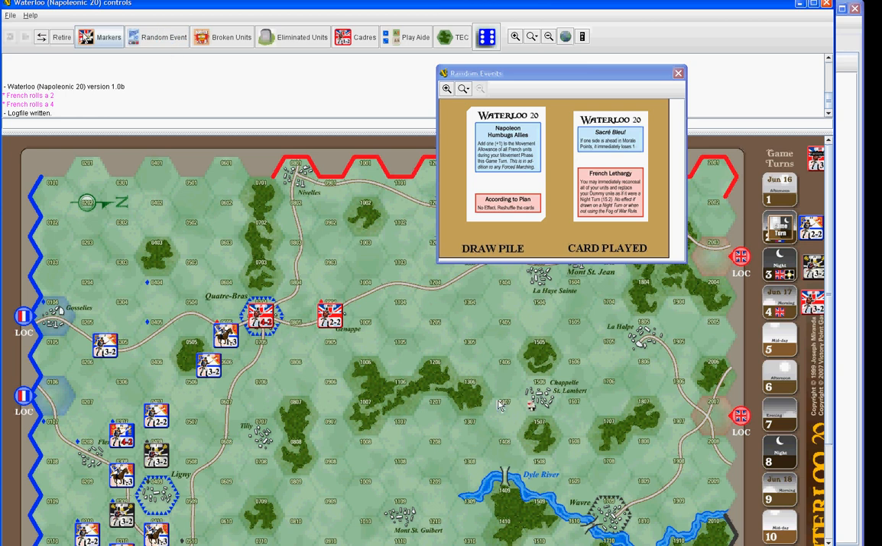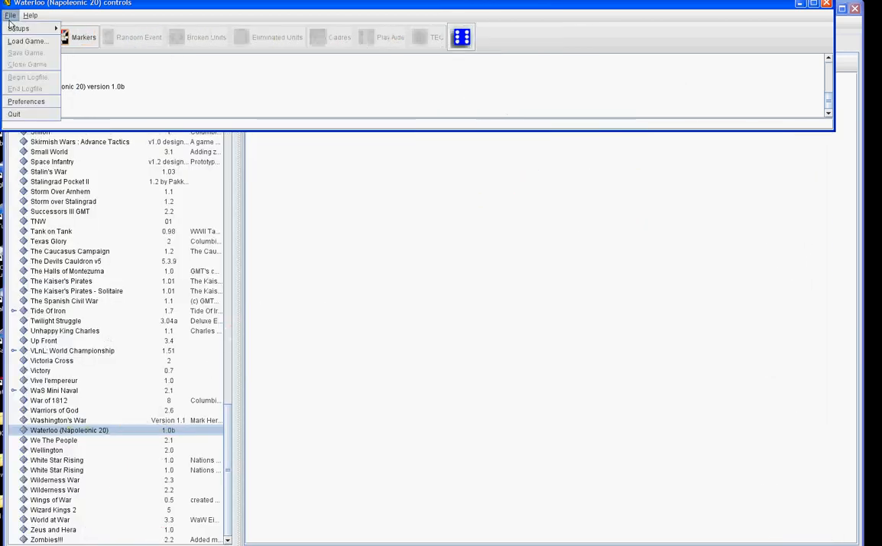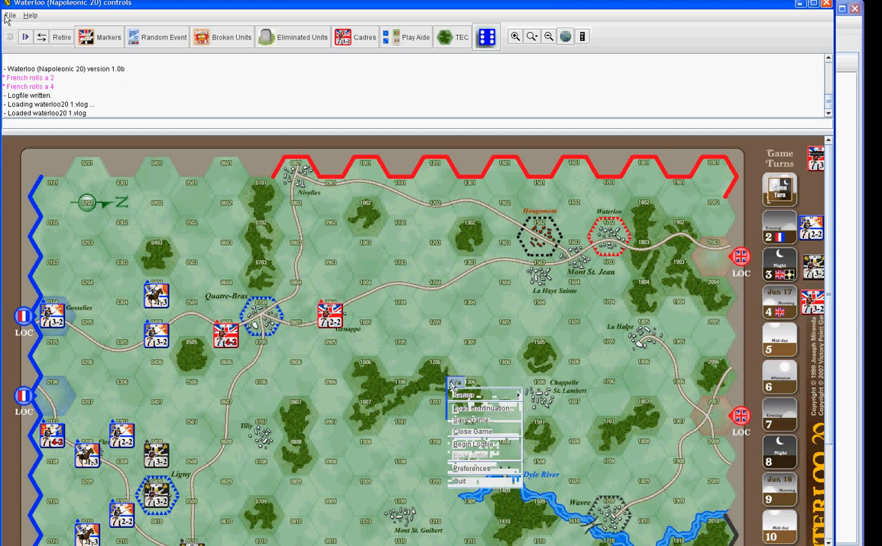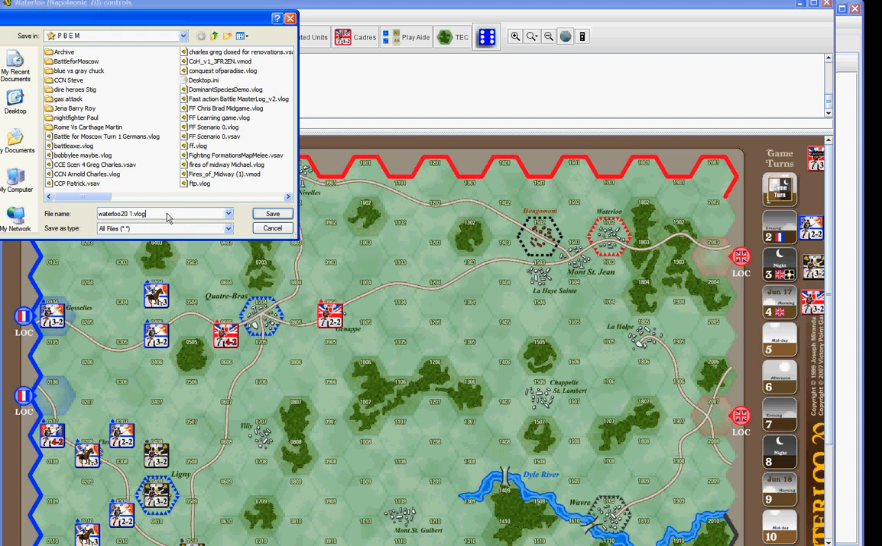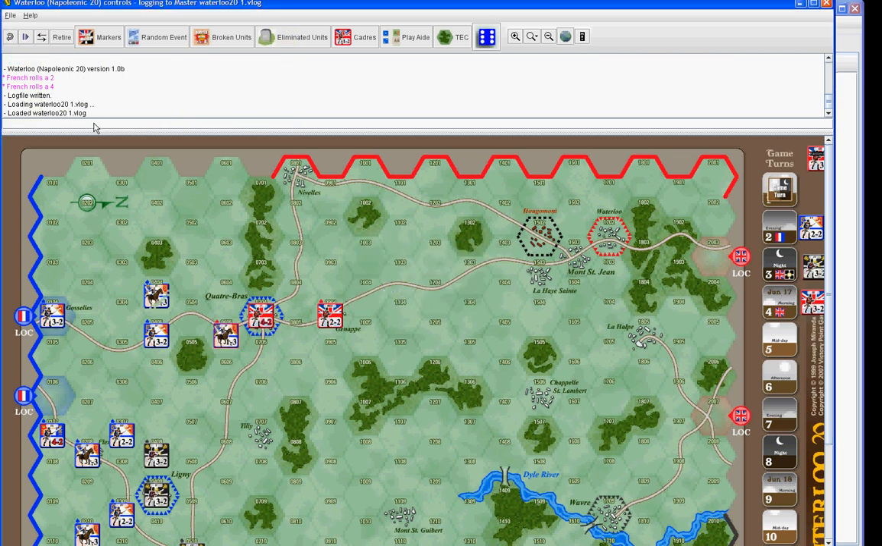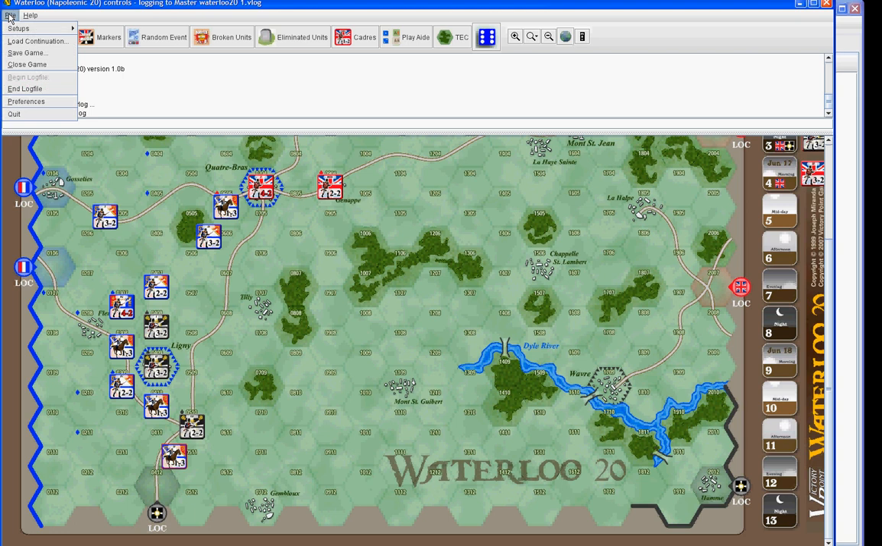Once that's done, if you want, you can create a master file. You can load the game. You can start a new file, and this time you can call it master. And you can scroll through this game. And once that's done, you just click on load continuation,